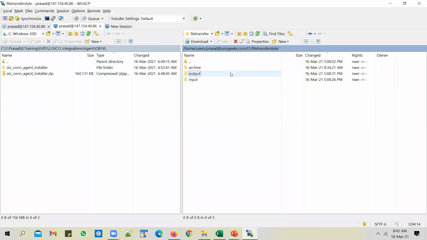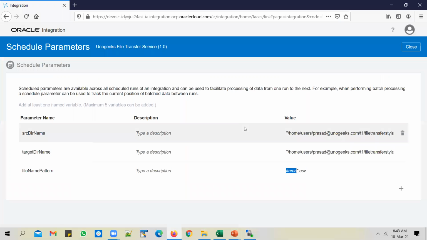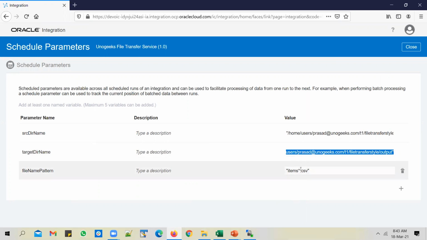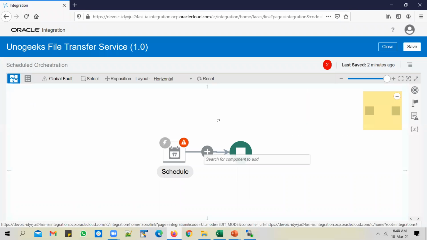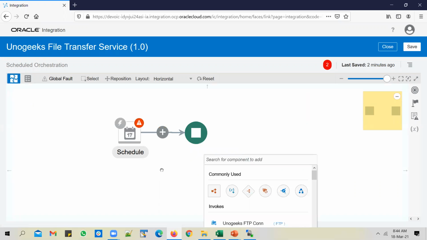So if in the input directory we have 3 files which start with items, and if all of them are CSV files, all 3 of them will be picked up and moved from input to output. Star means any character is allowed after that, any number of characters. So close it. We have defined the schedule parameters now, and let's go ahead and build the integration.